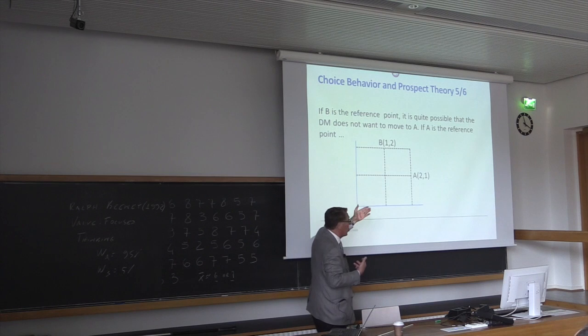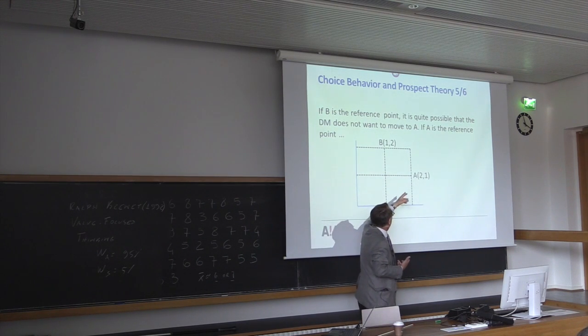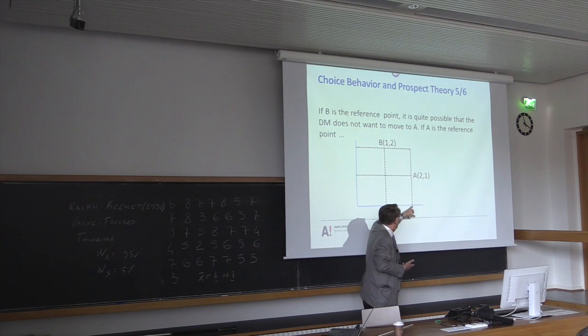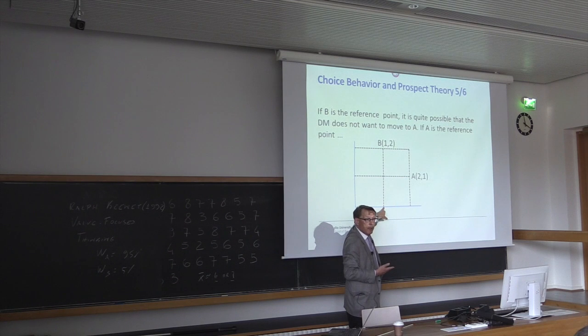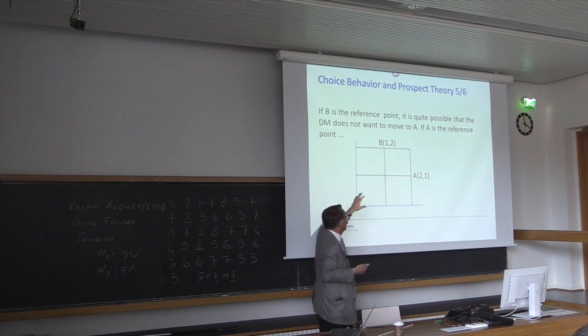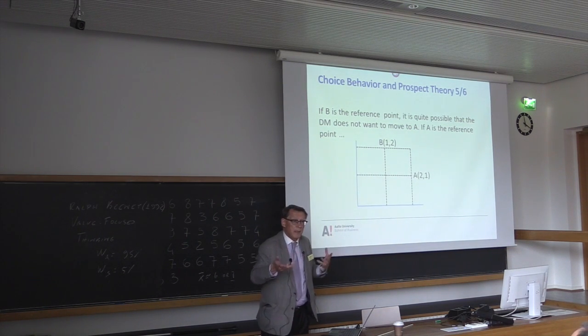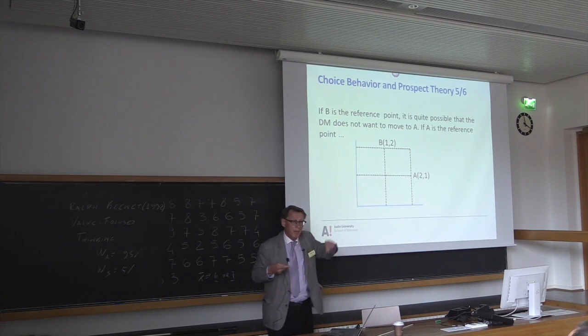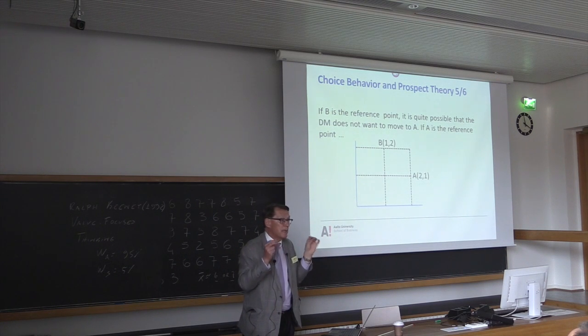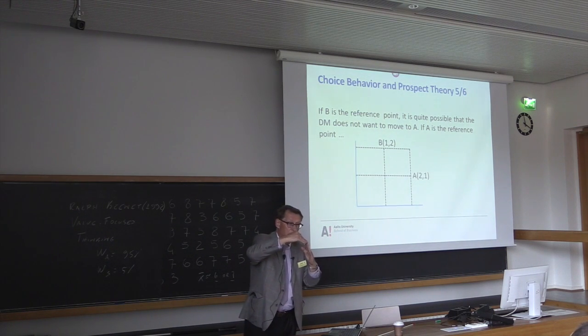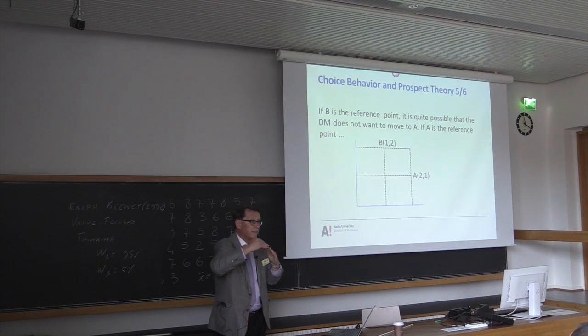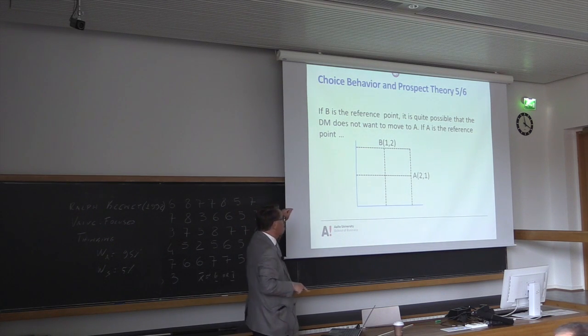On the other hand, if A is your current best solution, that's your reference point, and somebody offers you B, would you like to move to B? Then you look at it and say, hey, I don't like this, my x value would decrease by 1, because you react strongly to negative stimuli. And so it does not offset the improvement in the y-axis. So if A is your reference point, you don't want to move to B. This is the reference point effect, and that would explain loops. In fact, in our 1990 paper, we have one simple example where we provide numerical values for the Tversky-type value functions, and we show that it can explain loops,